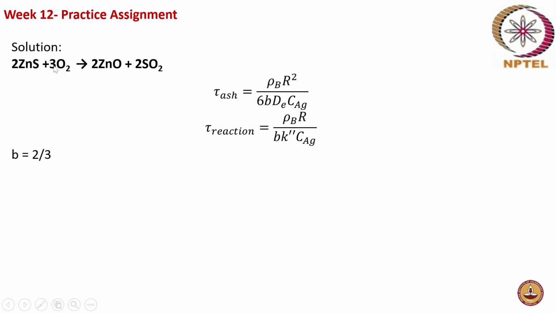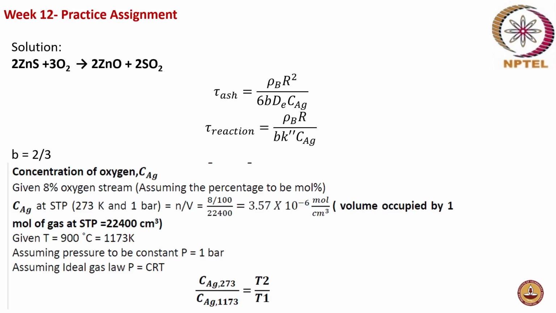That is the stoichiometric coefficient of oxygen. You will get the coefficient of zinc blende ZnS as 2 by 3. Okay. Now we have to find the concentration of oxygen. The concentration of oxygen they have given as an 8% oxygen stream, so assuming that the percentage given is mole percent, now we have to find out